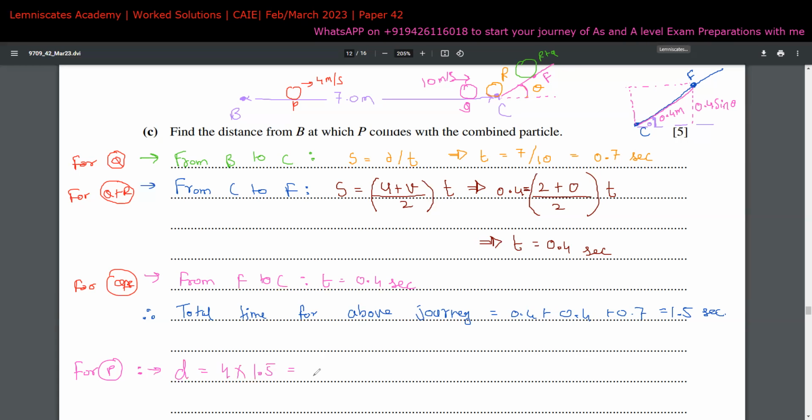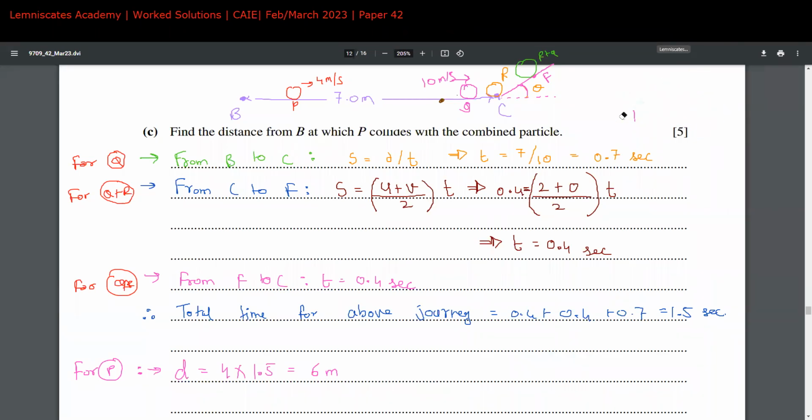So that's 6 meters. So it means that P is somewhere over here. Let's say this is 6 meters. So when Q and R together is over here, I'll just draw this new diagram so that the confusions are not there, right? Okay, so over here, if I just get rid of this